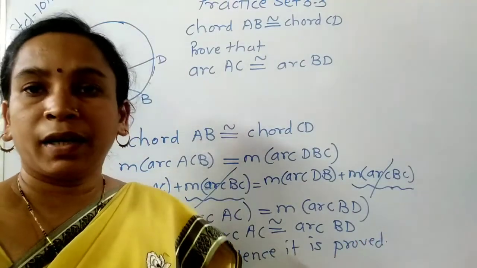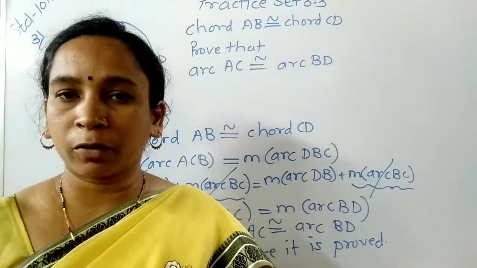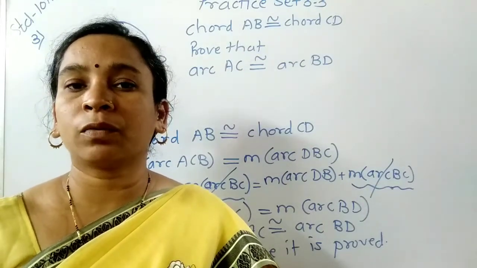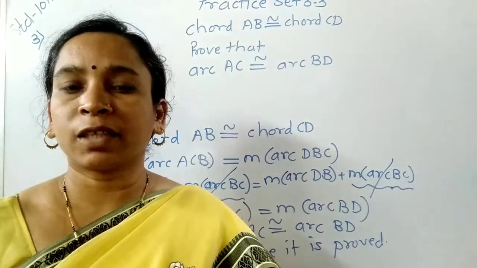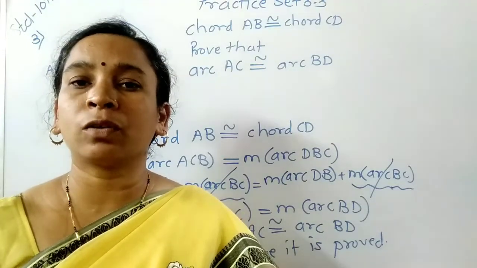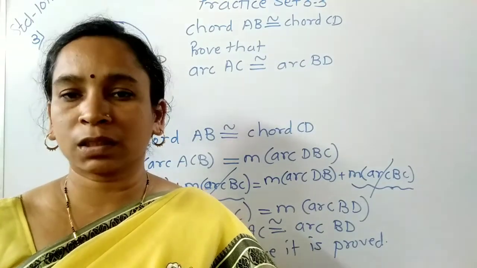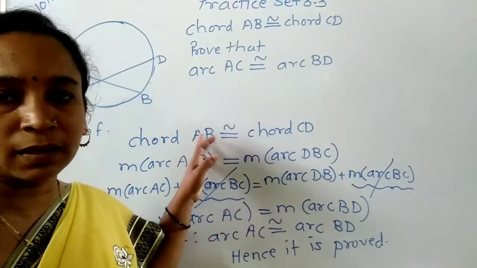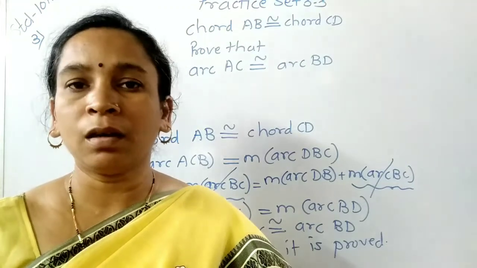So in this way we have completed practice set 3. You have understood the practice and the concept of a central angle, the measure of an arc, sum of arcs is equal to the measure of the complete circle, and semicircular arcs: measure of a semicircular arc is 180 degree, measure of a complete circle is 360 degree. So these few concepts you have understood with the help of these examples. So even if you have any query or doubt, you can ask me in the comment box.